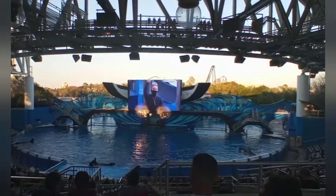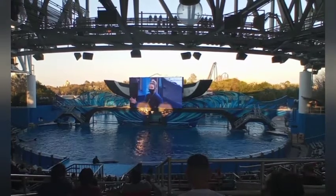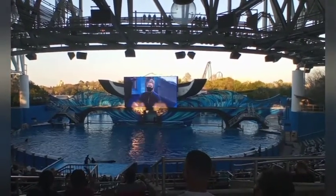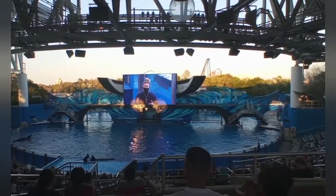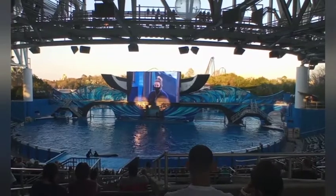All right, everybody, down here by the glass, and I have an important question for all of you. How many of you love to play? Yeah, absolutely. Play is important for us as humans, right? That's how we're going to learn. And guess what? It's the same as killer whales. They watch the other pod members, they play with them, and that's